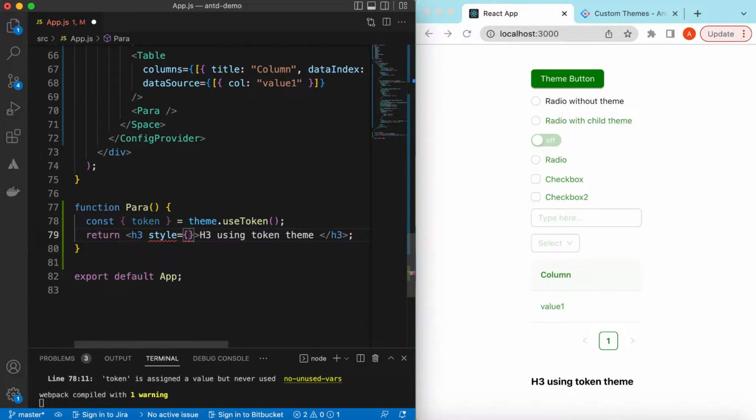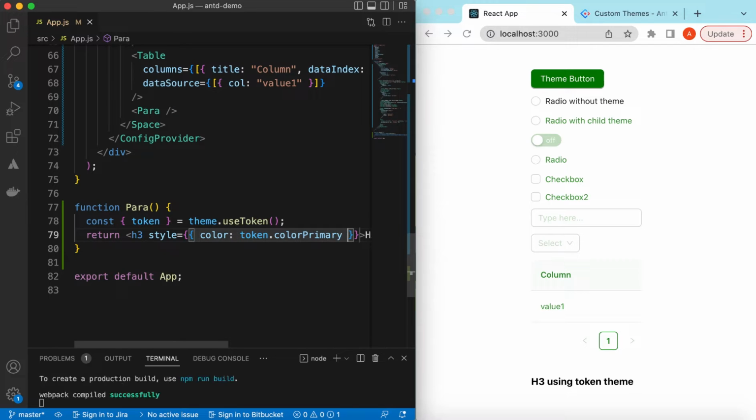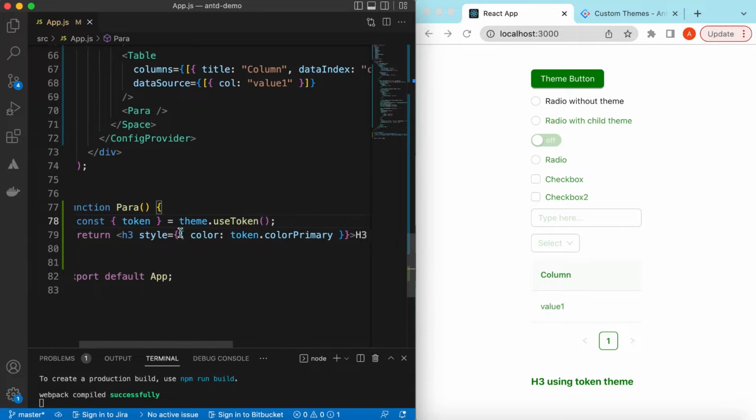And now if I give a style, and here we can say the color is not the black, instead it is the token dot the color primary. And if I save it, here you go. So it's now using the primary color we have provided in our theme, right? So if we want to reference the colors we have provided into our theme, we can reference those like this